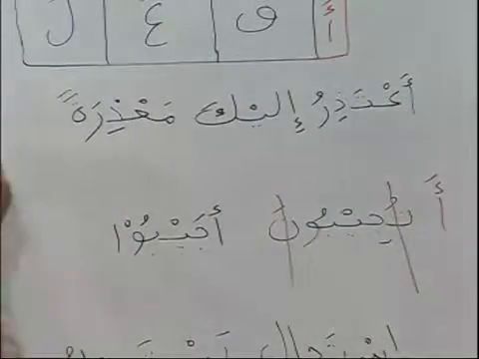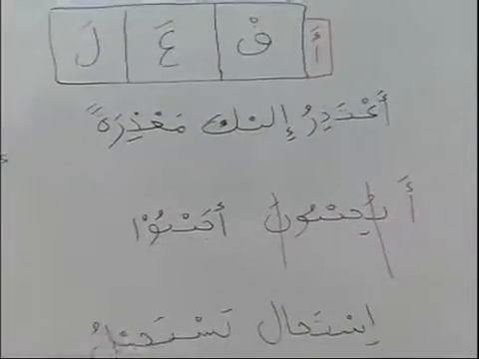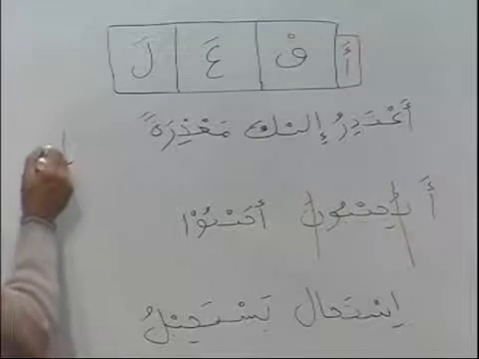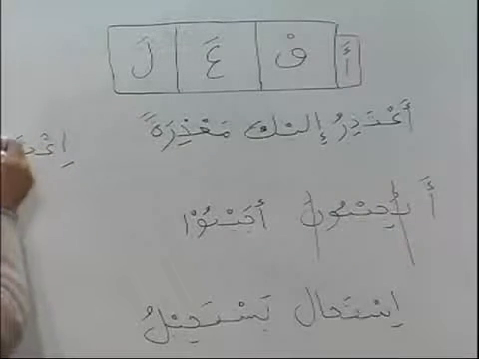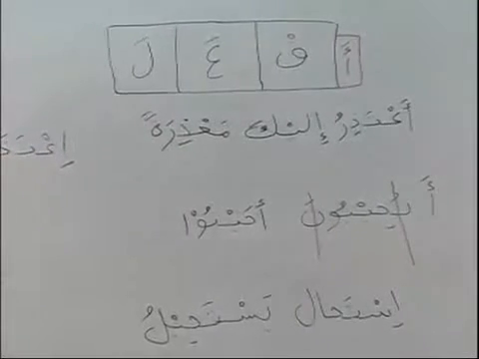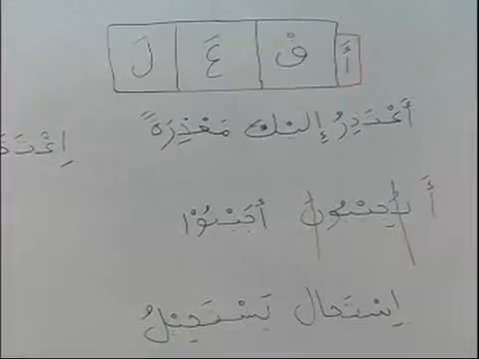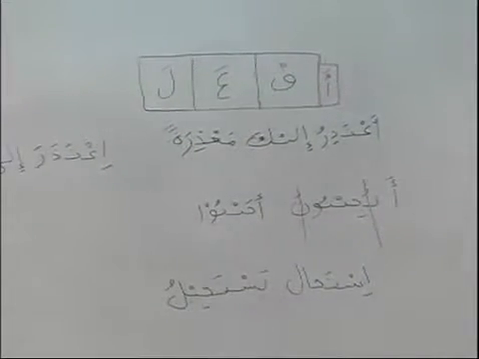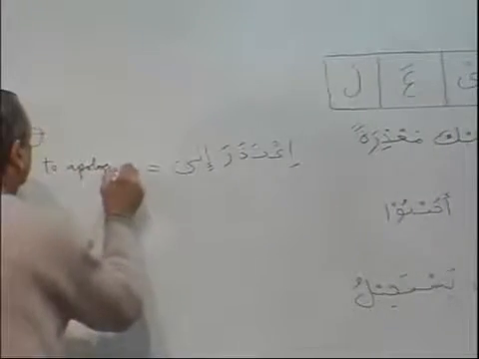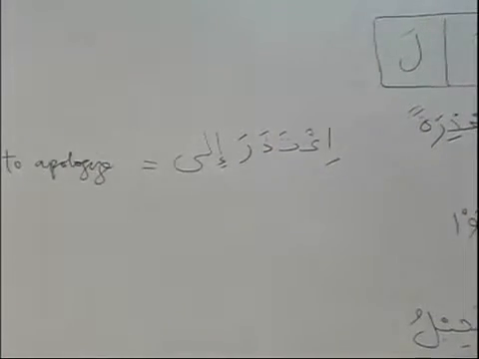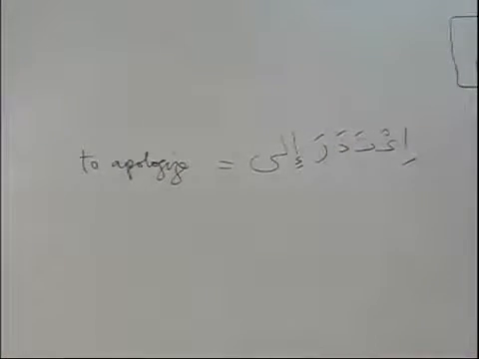What is the verb? The verb is Ya'tadhiru, and it will always be followed by ila. It will always be by ila. What is the meaning? To apologize. To apologize. Okay, brothers and sisters, now